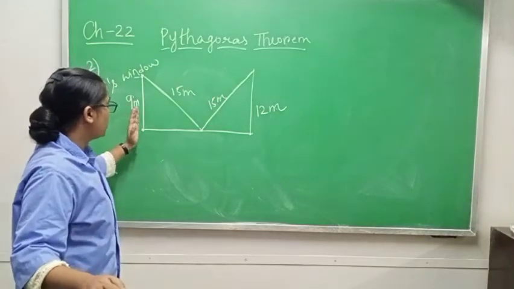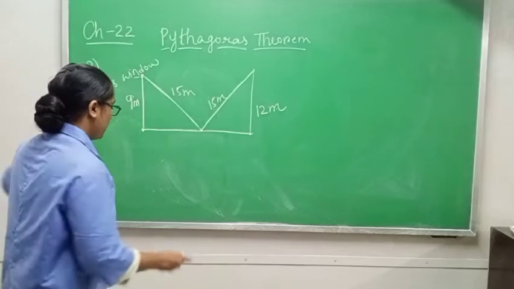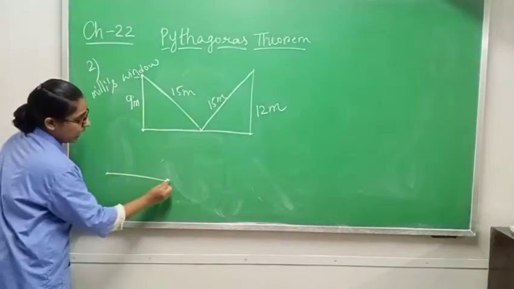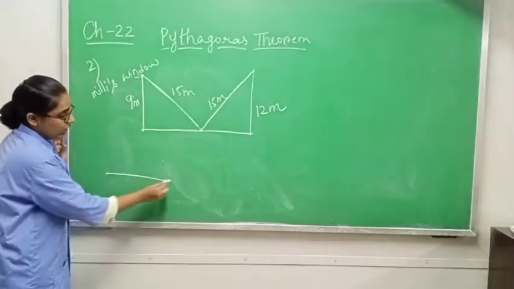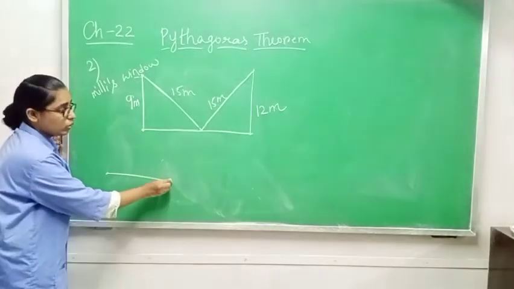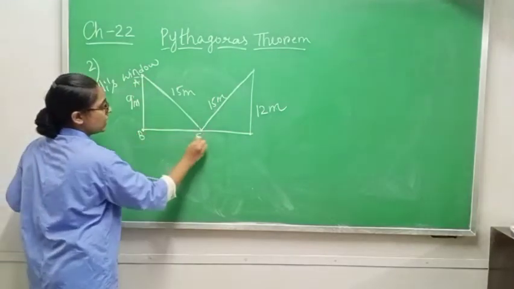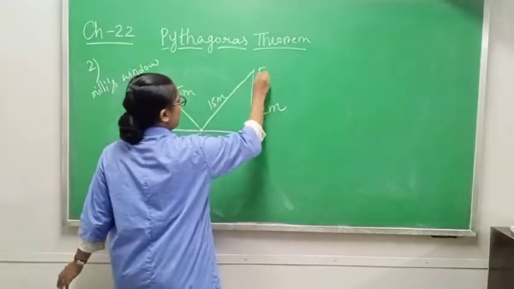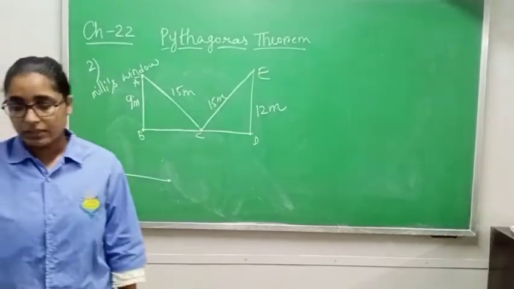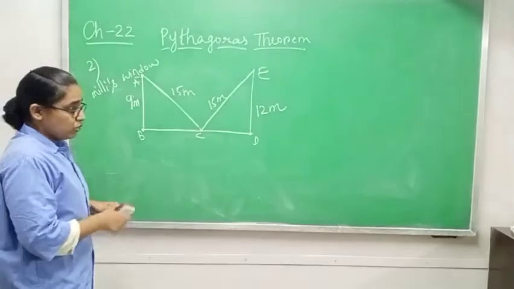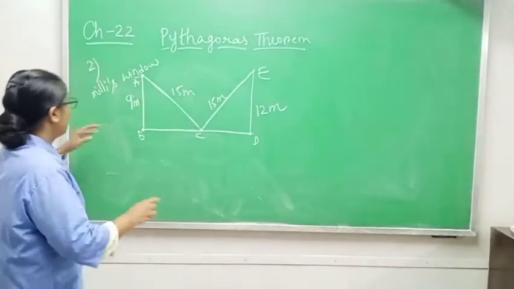Suppose that this one is the road. So Millie's house is here and our house is here. So this one is the breadth. First I will give names A, B, C, D, E, and after that I have to find BD. First of all, we have to write something. What will we write?